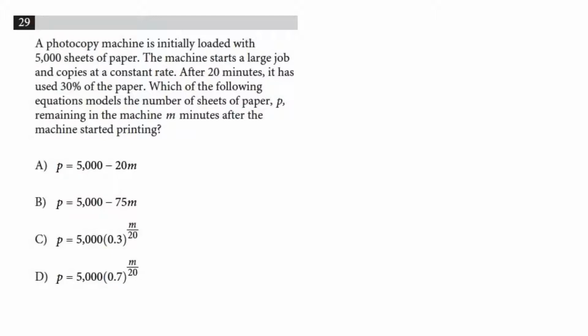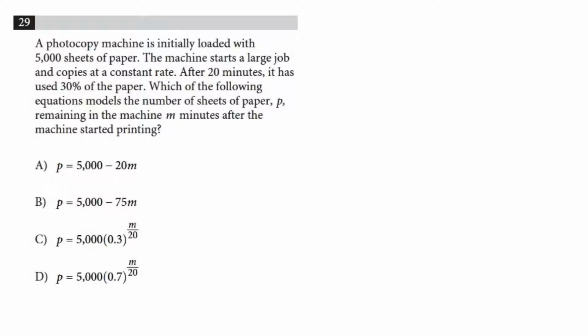29. A photocopy machine is initially loaded with 5,000 sheets of paper. The machine starts a large job and copies at a constant rate. After 20 minutes, it has used 30% of the paper. Which of the following equations models the number of sheets of paper P remaining in the machine t minutes after the machine started printing? Okay, so